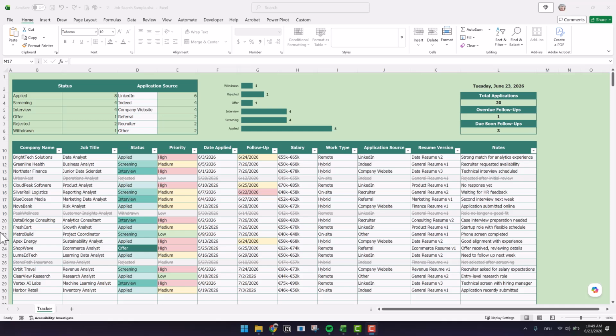If you're applying to multiple jobs and losing track of where you applied, who replied, and when you need to follow up, this Excel tracker will help you organize everything in one place. In this tutorial, we are going to build a simple job application tracker with dropdowns, follow-up alerts, color formatting, a